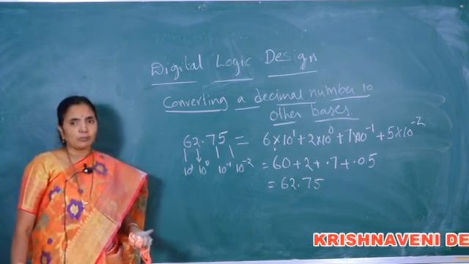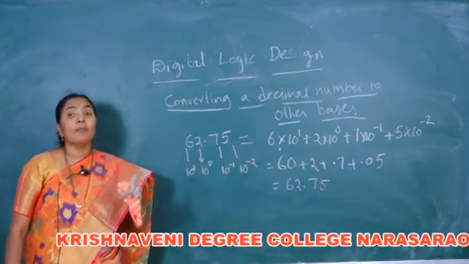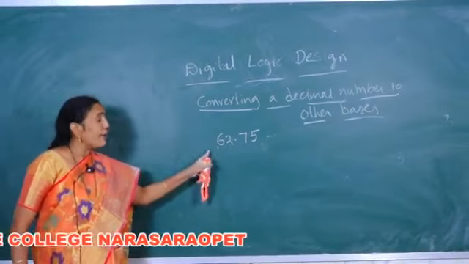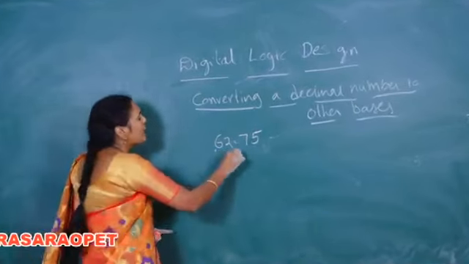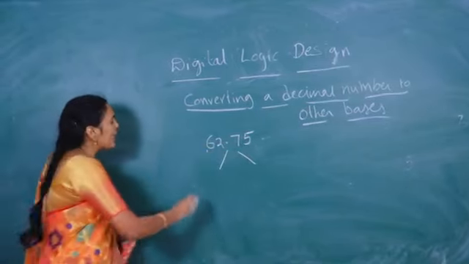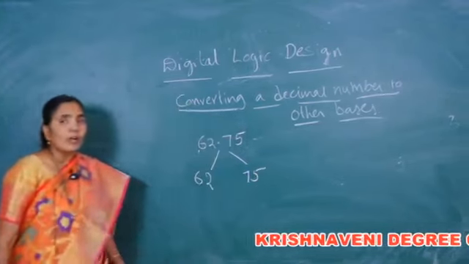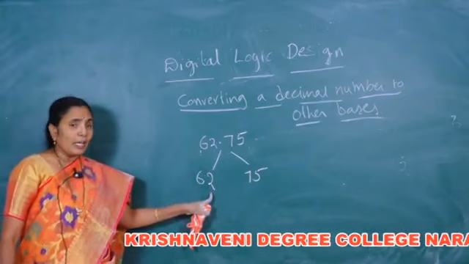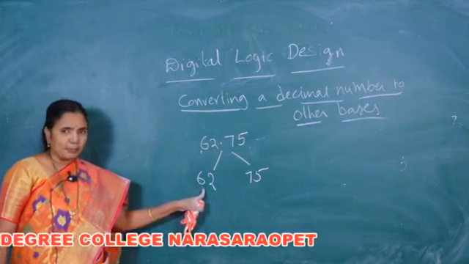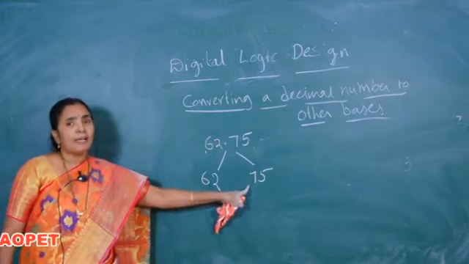So, the overall value of that number is nothing but a summation of the product of face value into place value. Now, let us see how to convert the decimal number system to the other bases. The given number is divided into an integer part and a fraction part. In the taken example, the integer part is 62 and the fractional part is 0.75. For converting to the other base, the integer part follows the division by base method, whereas the fractional part follows the multiplication by base method.